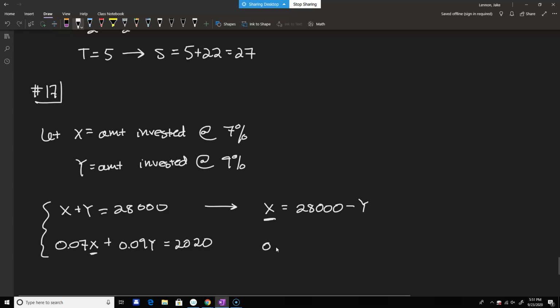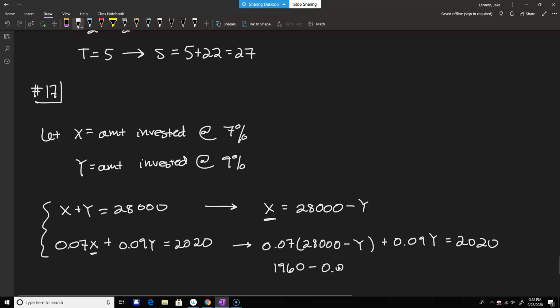So we know 0.07 times this 28,000 minus Y plus 0.09 times Y will equal 2020. Okay, so we've substituted. Now we have an equation that only has one variable in it, so we're going to be able to solve it. And 56, 96. So I think if we distribute, we get 1960